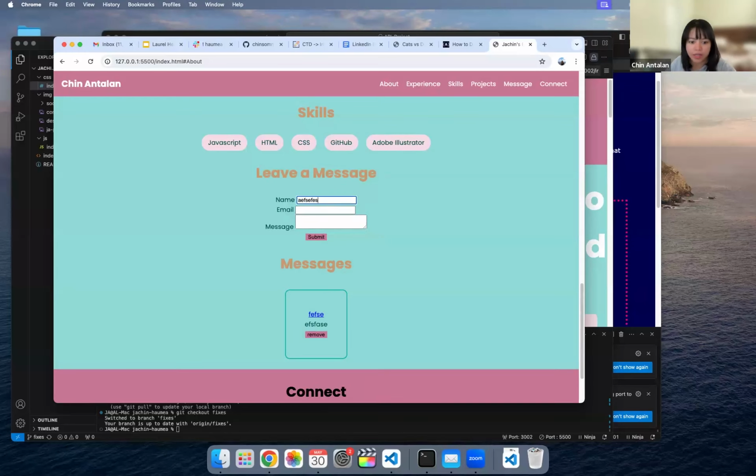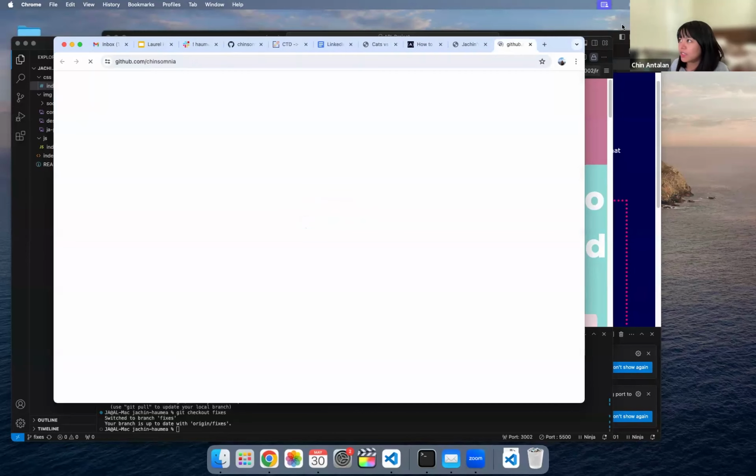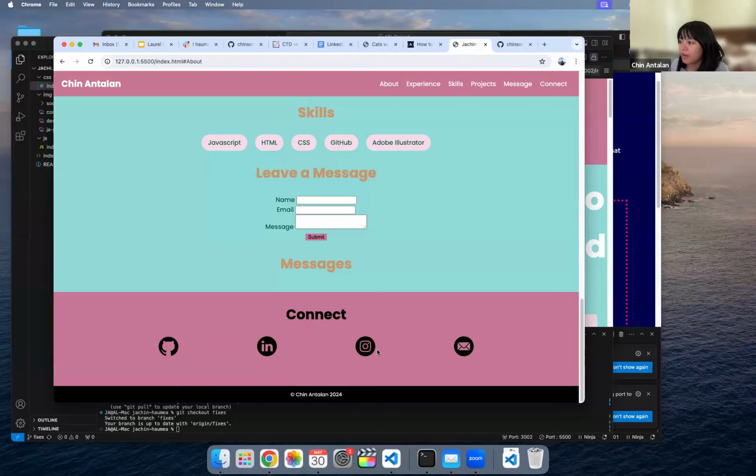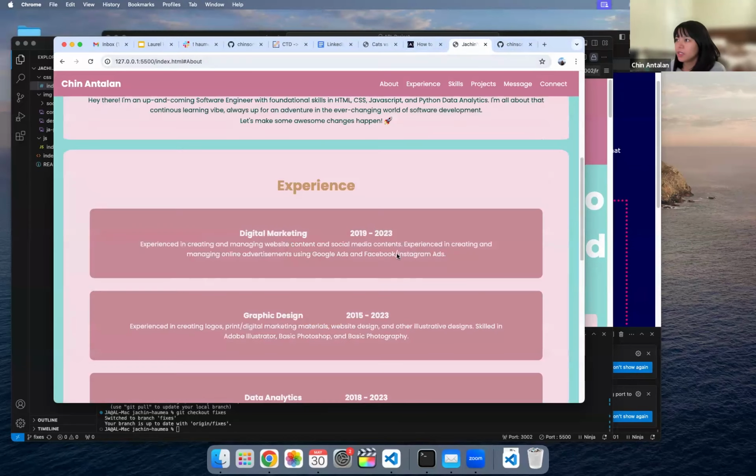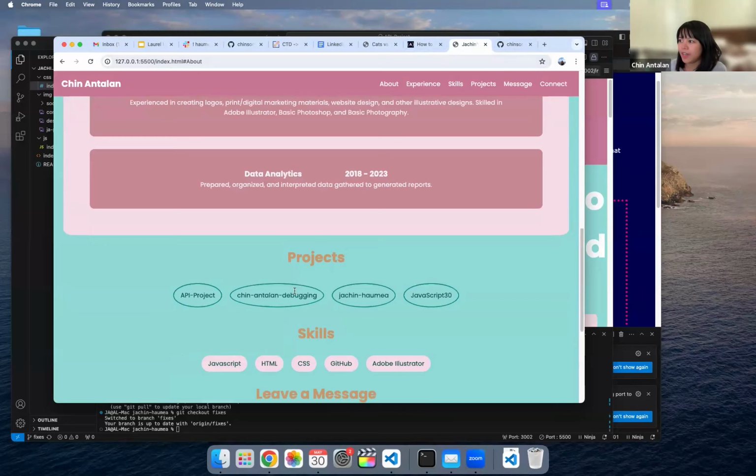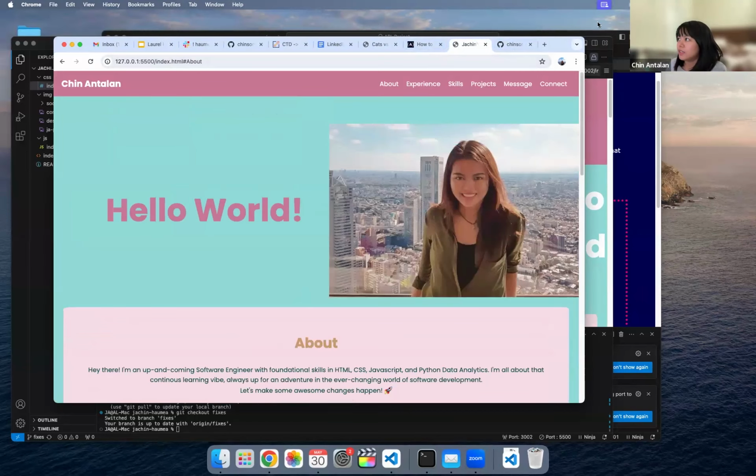So I can put multiple messages. Let's try again. And then remove a single message, because before, if I pressed remove, all the messages got removed. So I was able to fix it. And I believe that all the links are working as well for the connect section. So yeah, it's just very simple. Let me know if you want me to test anything else, and then I can move on to my